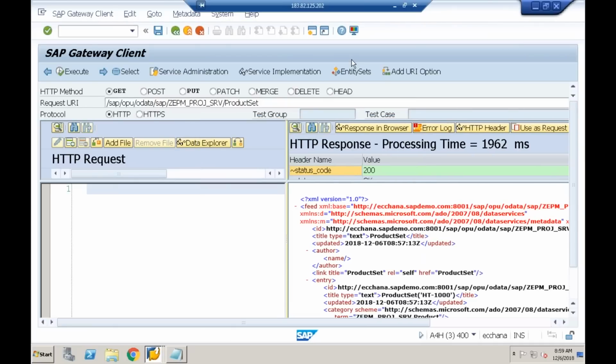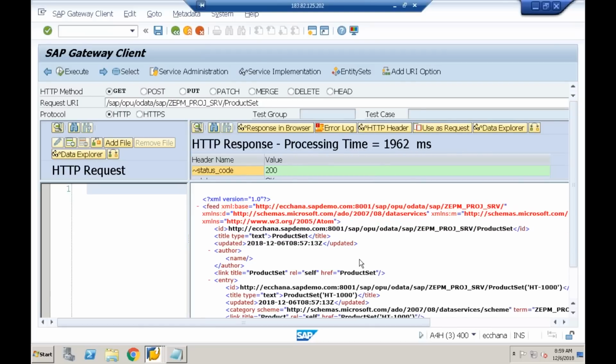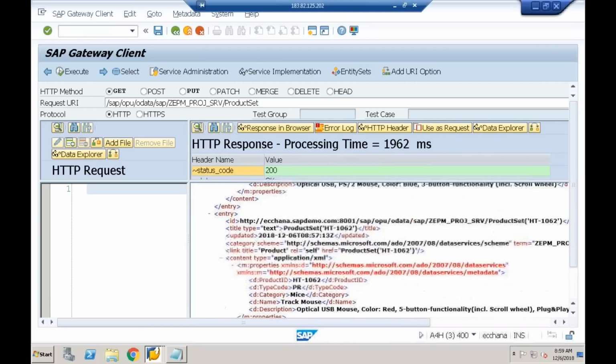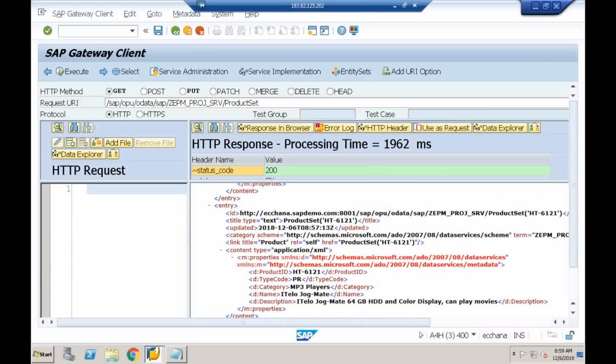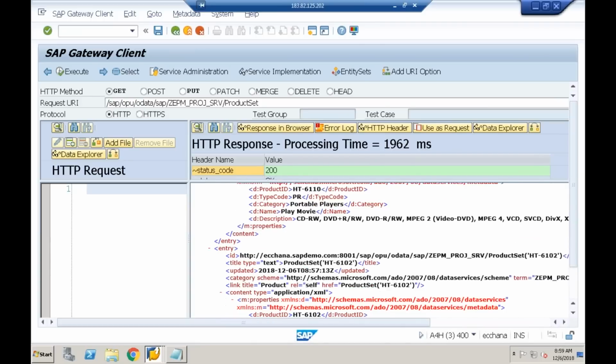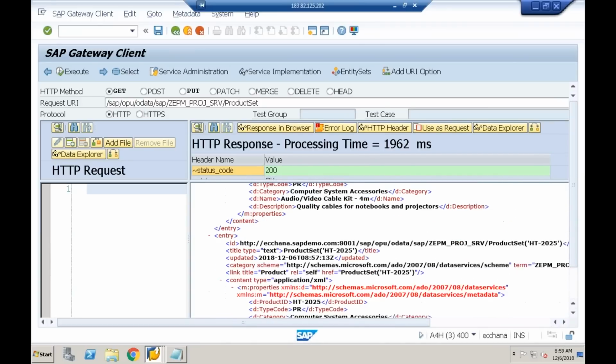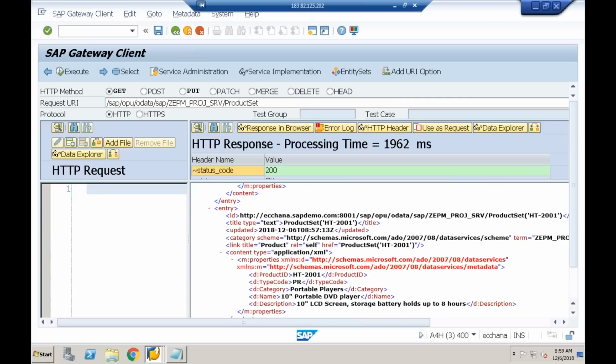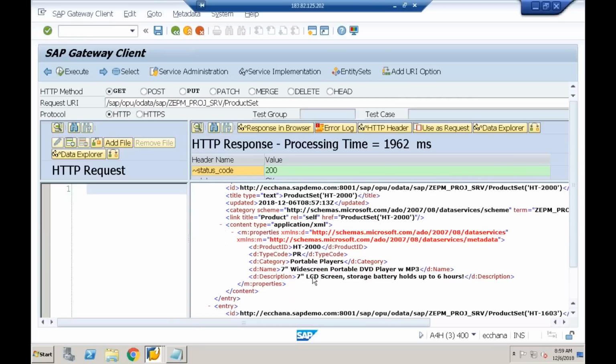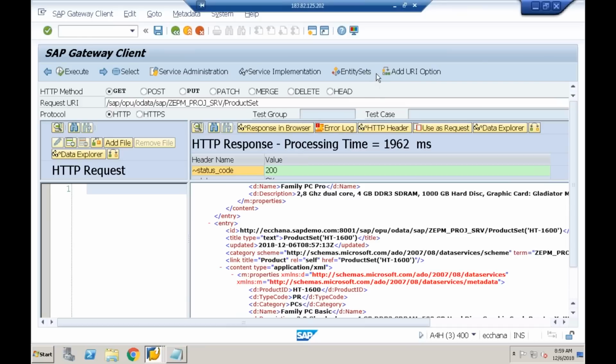So I got the list of products. Let me take one product ID randomly. I'll take this. What is this? HT-2001. HT-2001 is one of the product IDs. So before I delete,